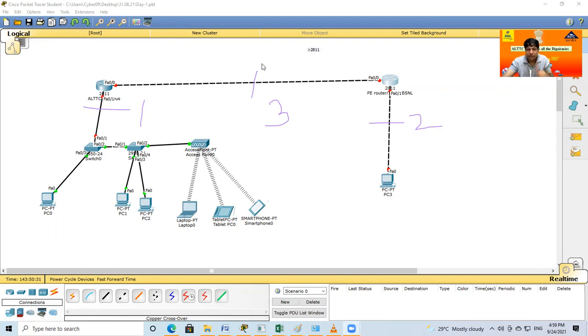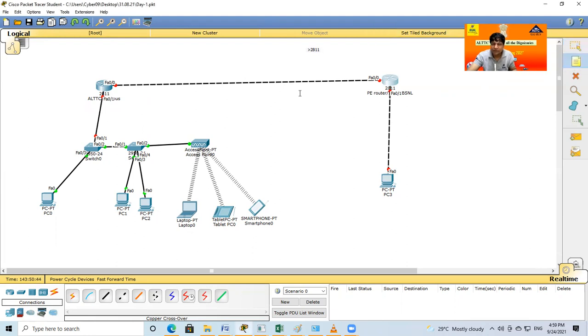Okay, so now clean screen again. For the learning purpose, how do we identify a particular area? An area is identified by its network ID. So just for the learning purpose, I select some network ID for every LAN.